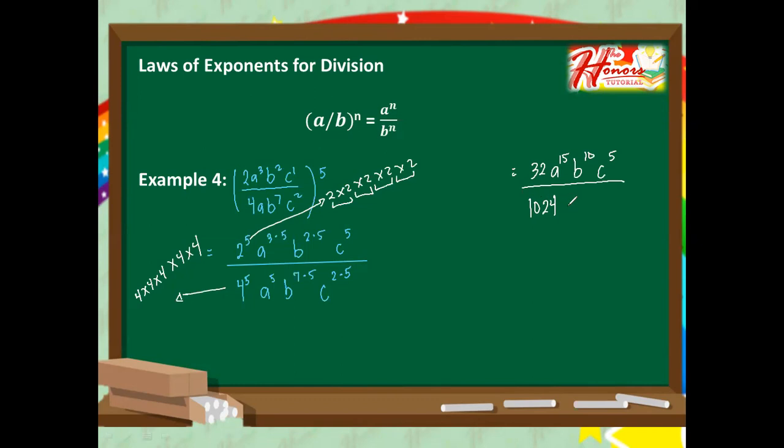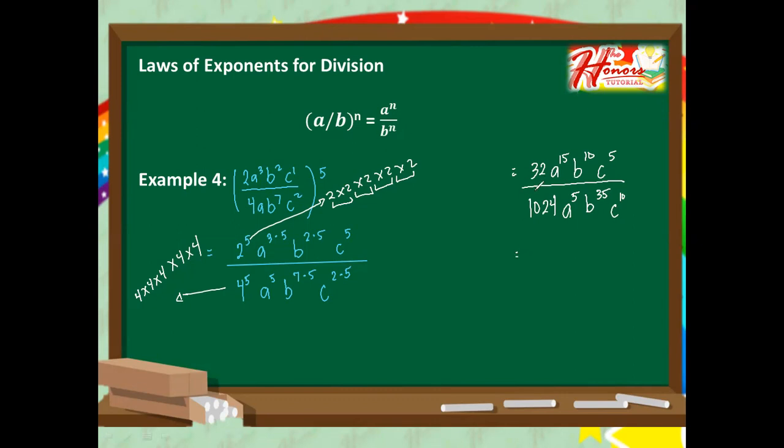And then of course, let's have our variables. So that is a raised to 5, b raised to 7 times 5, that's 35 here. And then c raised to 2 times 5, that's 10. And then we can still simplify this